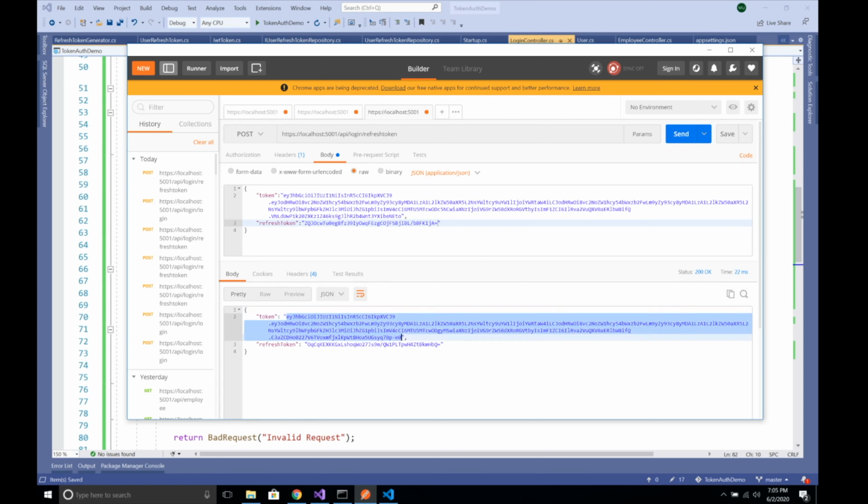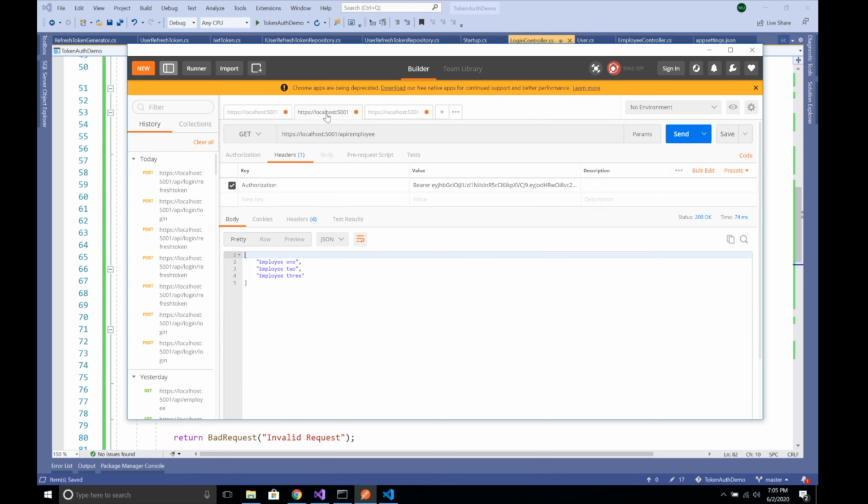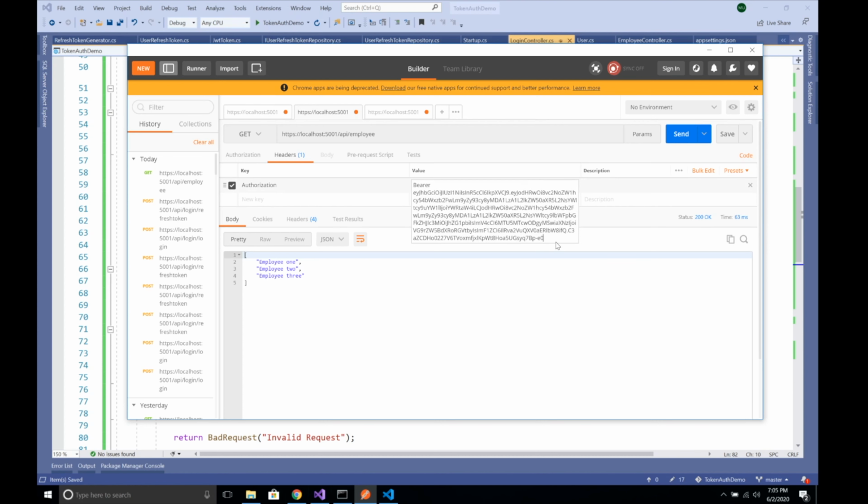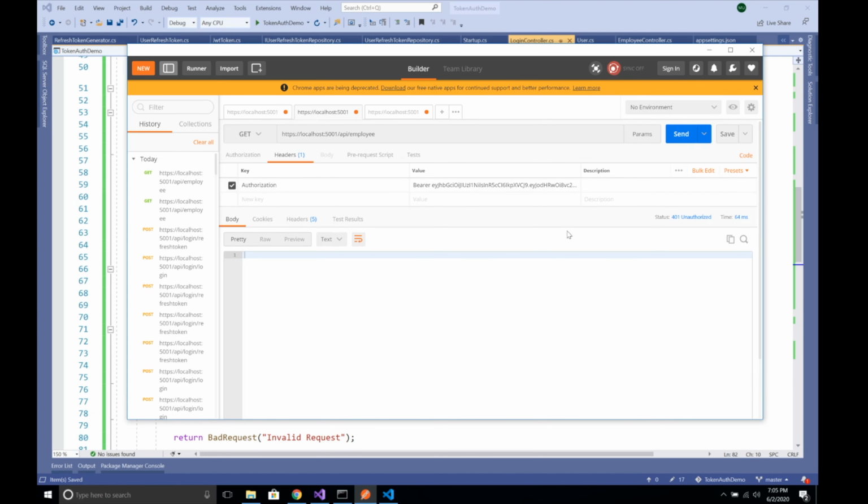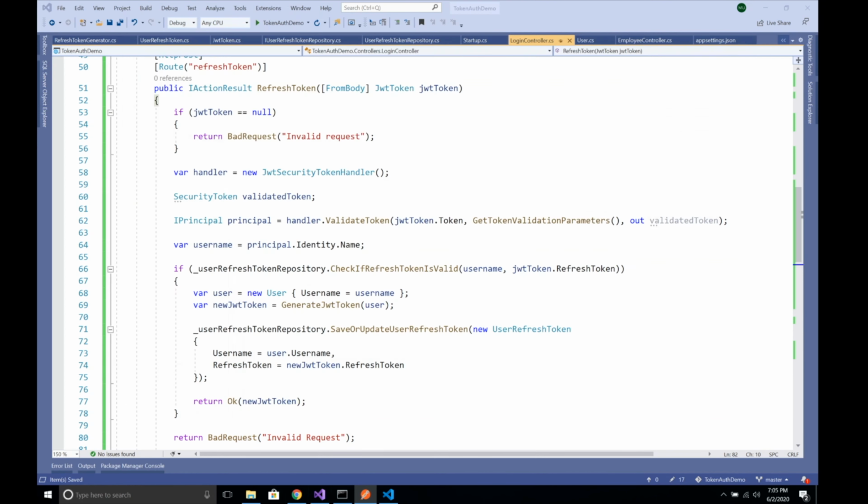Now we can use this token to access the resource from the server. So we have an API endpoint here, API/employee, and that requires us to pass the token. So if I send the newly generated token, then we can get the success status of 200 along with data, and if we change the token value, then we'll get unauthorized. So in this way we can use the refresh token in JWT token based authentication in an ASP.NET Core MVC application